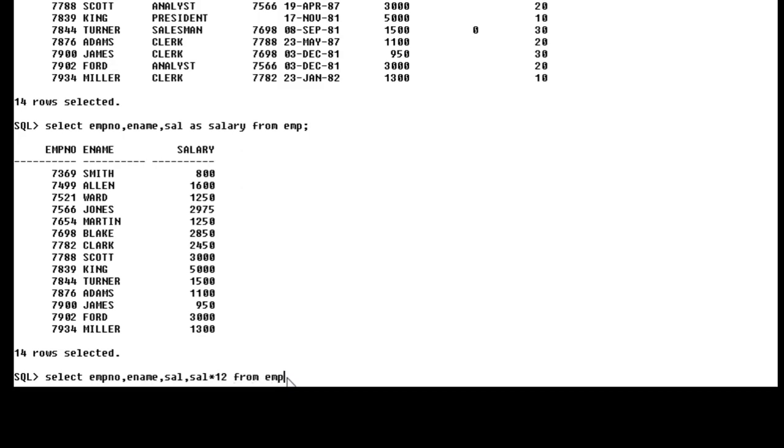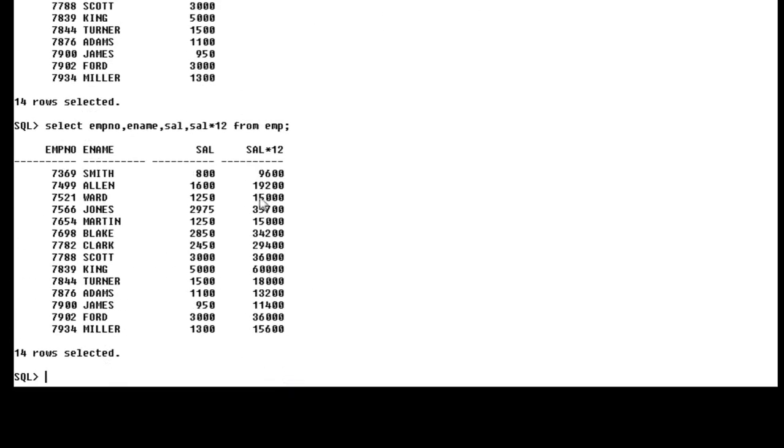Just look at here, EMP. The actual expression of the query or arithmetic operation shows in the column heading. So this is not an actual representation of your output, but you can set a column heading instead of this arithmetic expression. You can change the column heading to annual salary or new salary, like that.